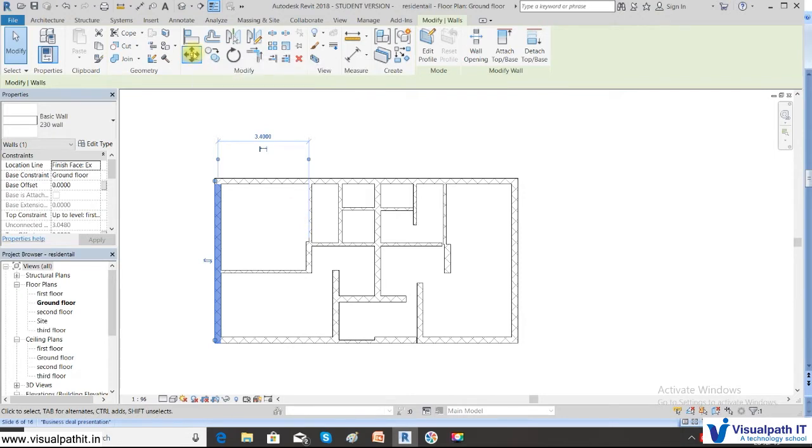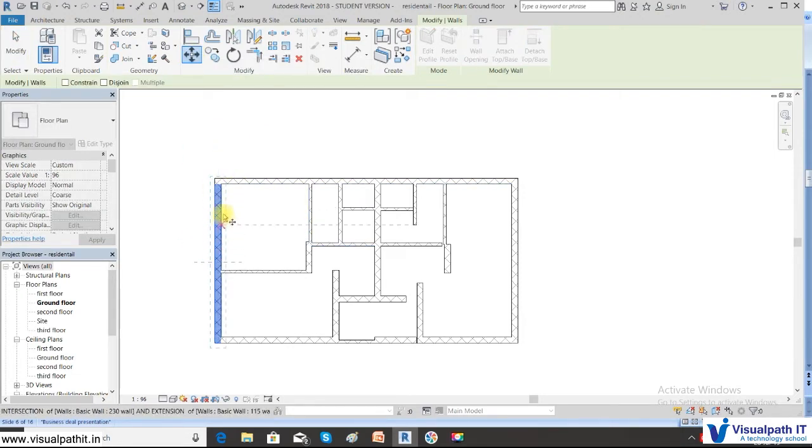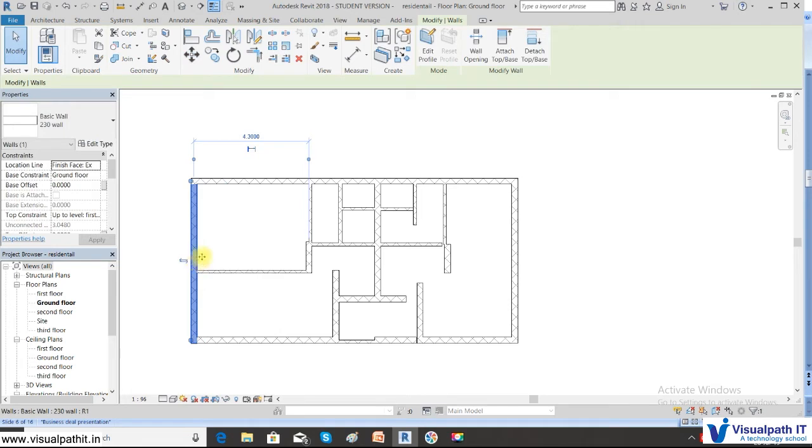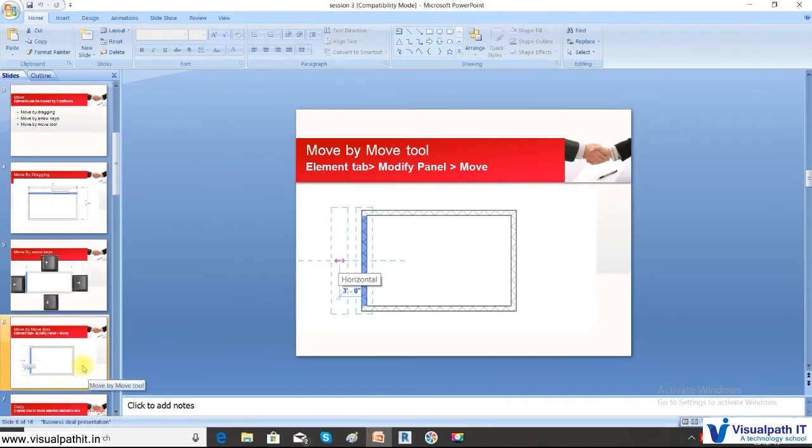So select Move. These are the snaps, all switched on by default. We will see about the snaps later on. You can see the endpoint. Pick the point from which you want to move, maybe a midpoint. Catch the point, click on the point, drag your mouse, and type the value. It is saying 0.7. If you want to move by 1 or 0.9, type the value 0.9 and press Enter. The object gets moved. Next, we have the copy command.